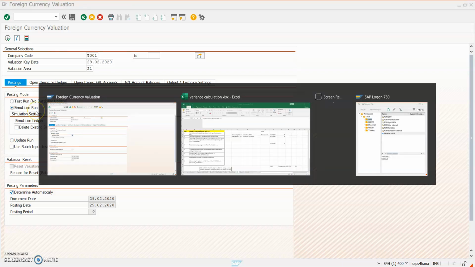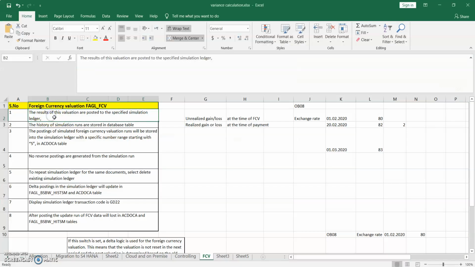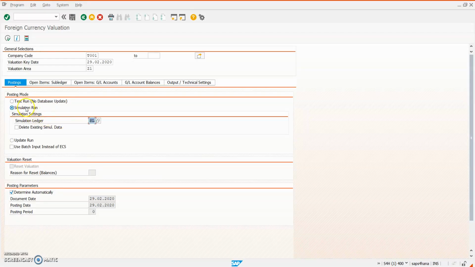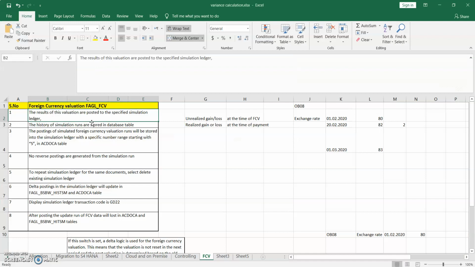So how is it going to work? The results of this valuation are posted to the specific simulation ledger. When we do a simulation run using the simulation ledger, it is going to update in the database. Where is it going to update? It is going to update in the ACDOCA table.